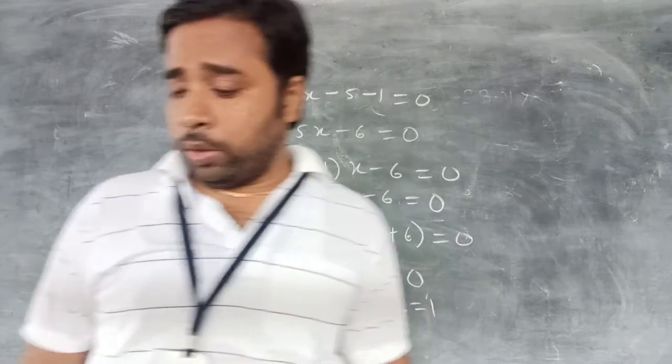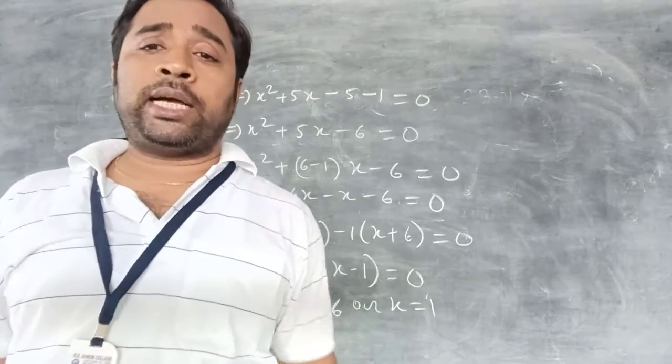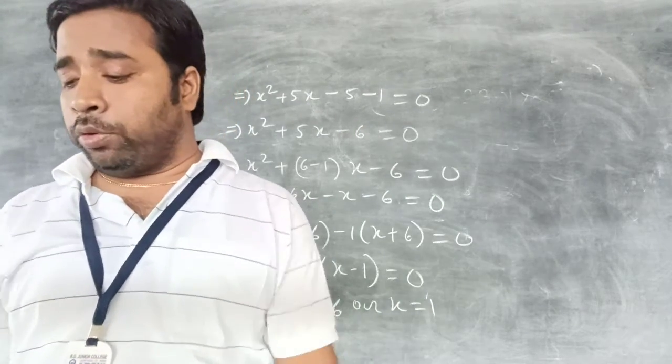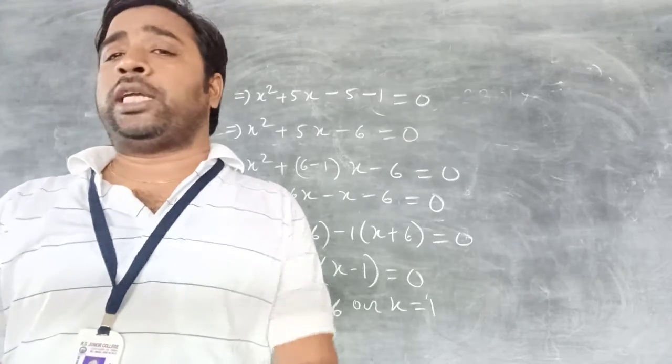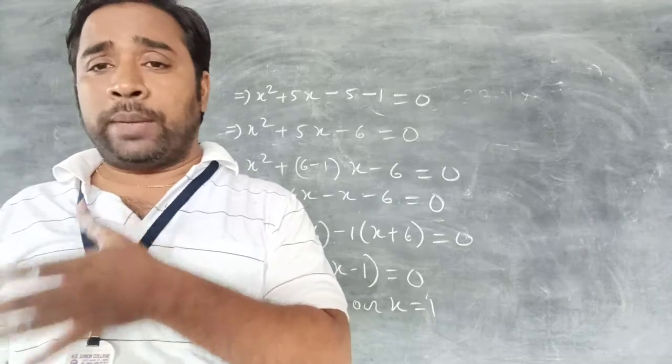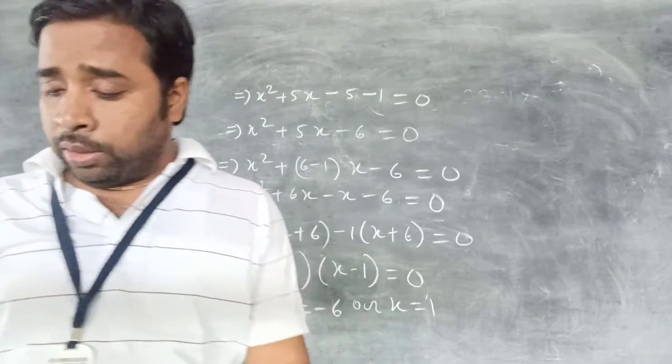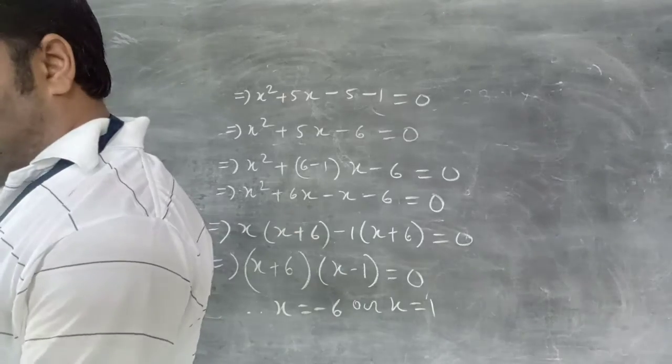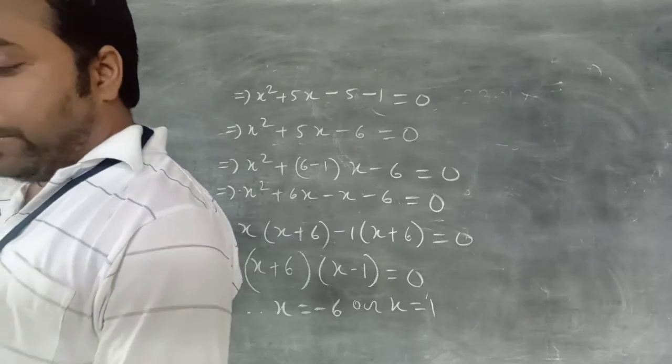Okay, next. So question, you have seen the common method, that is whenever there is a common part, we have to consider that part to be y or x, and this method is applicable in almost all the sums. Next, let us do question number 7. Question number 7 also same.